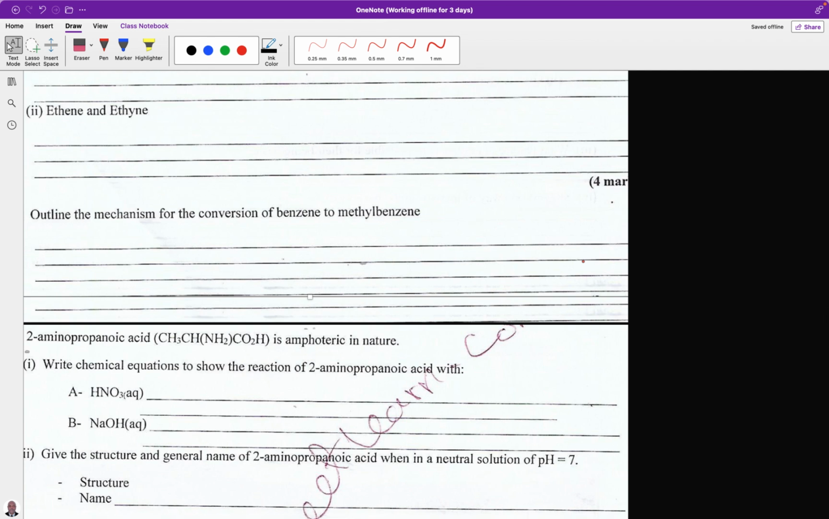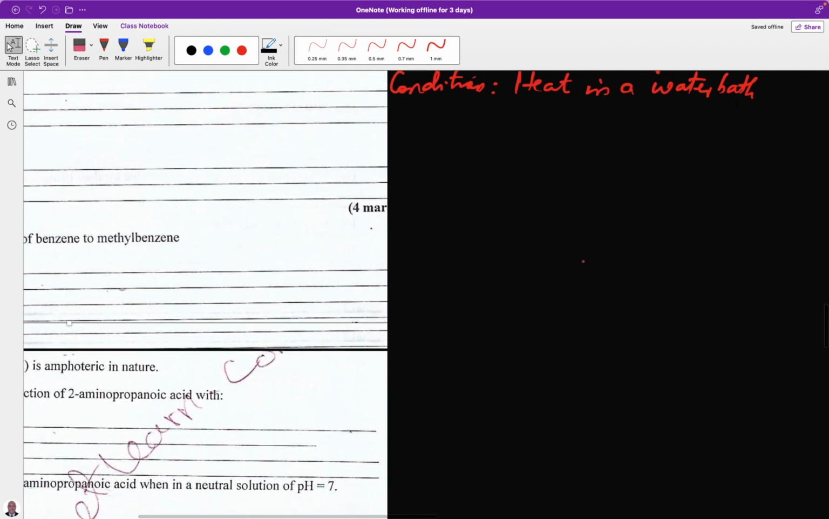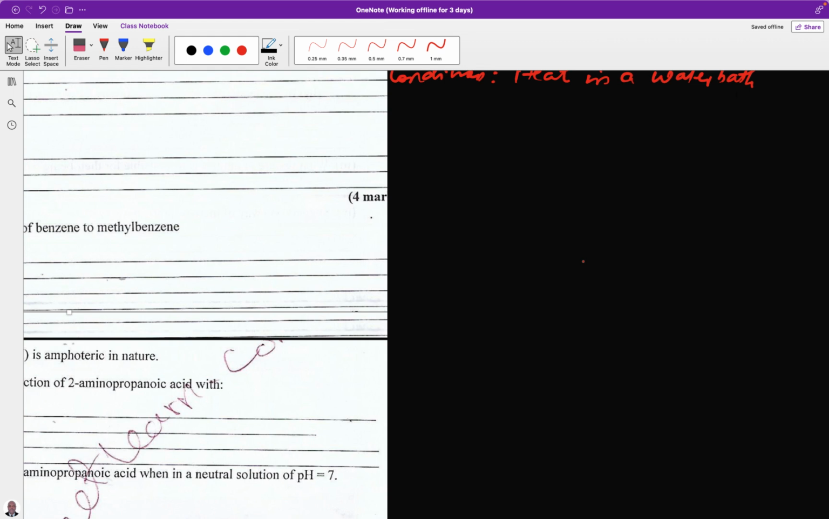Ethene and ethyne. The test you can use here is ammoniacal solution of copper(I) chloride, which you can use for ethyne. There are two tests you can use. Test 1, you can use ammoniacal